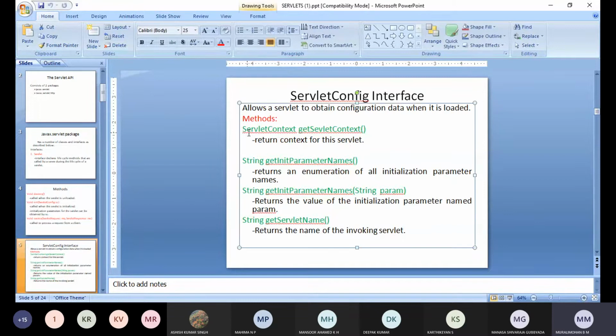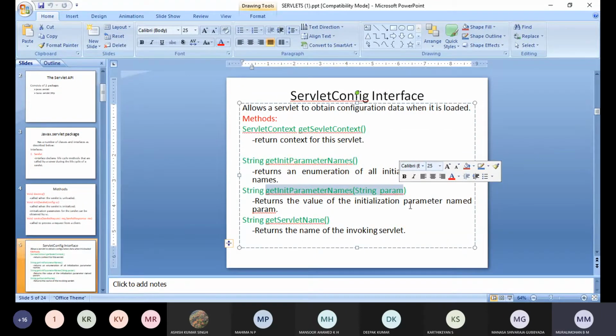First method is getServletContext. Okay, the getServletContext method. So this will return the context of this servlet. Next, getInitParameterNames. So this returns an enumeration of all the initialization parameter names. Next, getInitParameter. So here we are passing the string parameter as an argument.